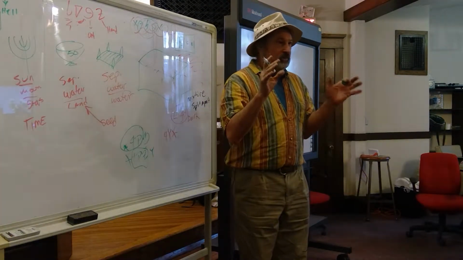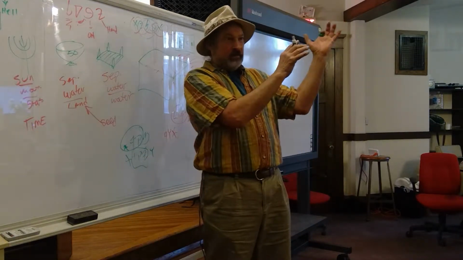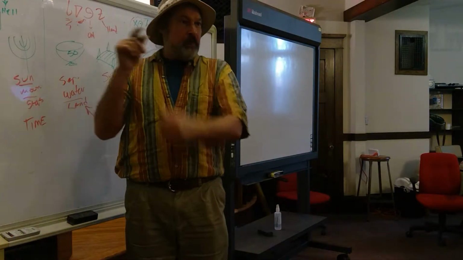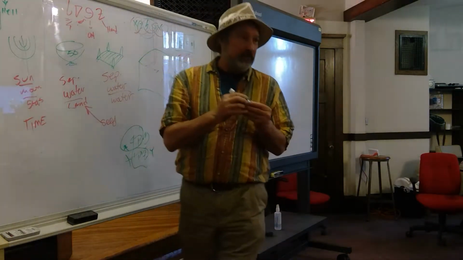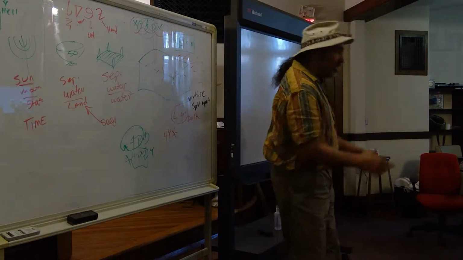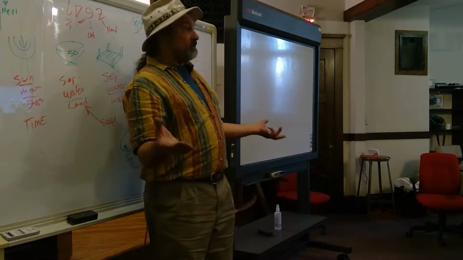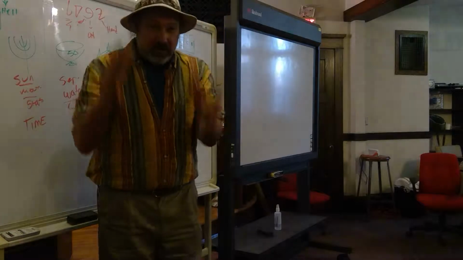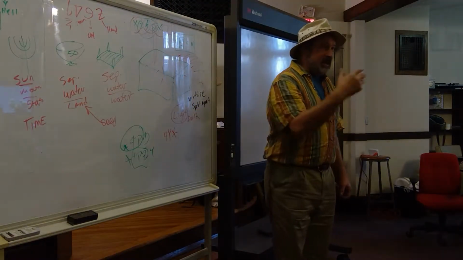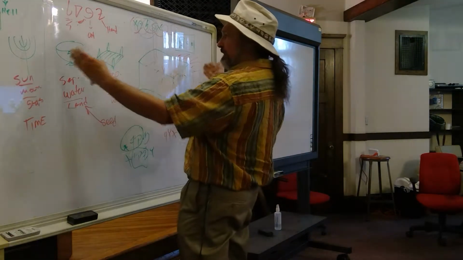Now, some people will say there's two festivals. There's the wave sheaf, that's one festival. 50 days later, there's another festival, the wave of the loaf. But if you look real close, I believe that it's one 50-day festival. It happens to start with this mandatory observation, count 50 days, that's the festival, counting, and then there's this other feast at the end. But it's one festival, just like a pregnancy, like an incubation or gestation period. And if you think of that being one festival, now we have 3 spring feasts,